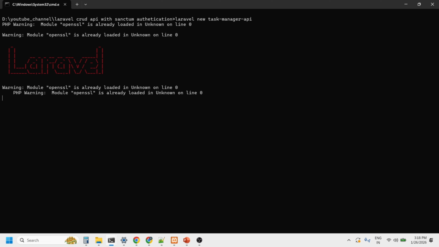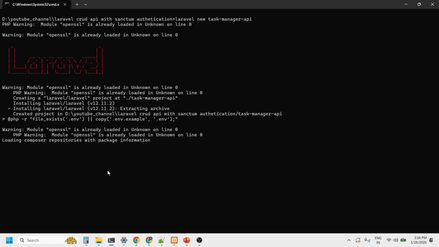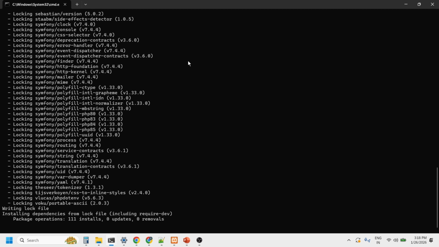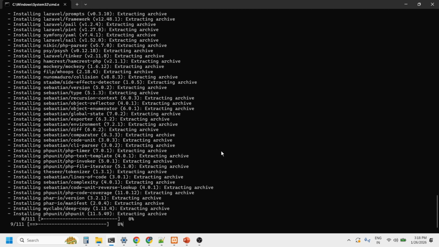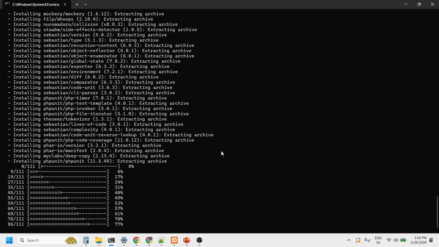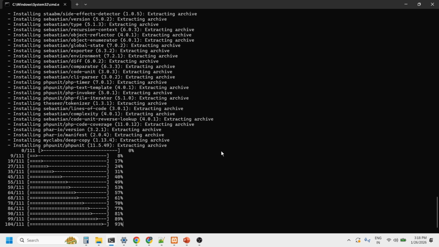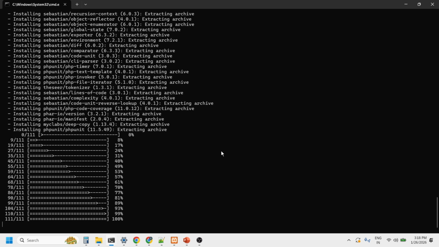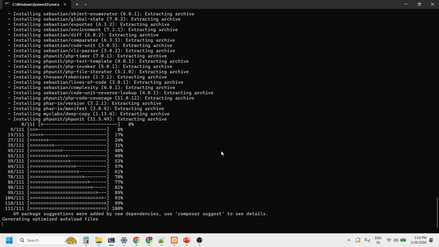You can see the Laravel application is installing on my local system. If you want to install it, you can follow the same steps and the same command on your local machine. I think it will take 1 to 2 minutes to install on our local system.